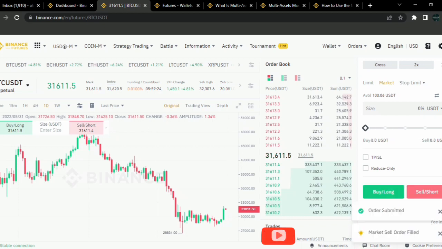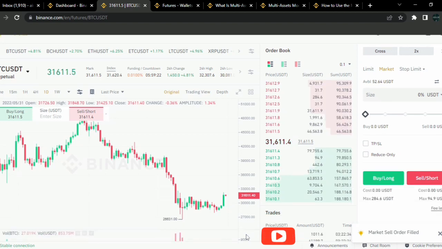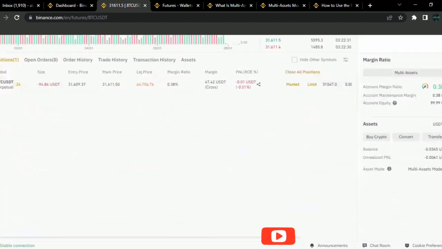So let's see if the market order is filled. Okay, you can now see that our market order has been filled successfully. So we now have about 52.64 USDT. Now, let's take a look at the transaction. So you can see here now, we've opened a cross margin pair for USDT perpetual. This is the size of the transaction. This is the margin ratio, 0.38%. The margin we use is about 47.42 USDT, and P&L is currently